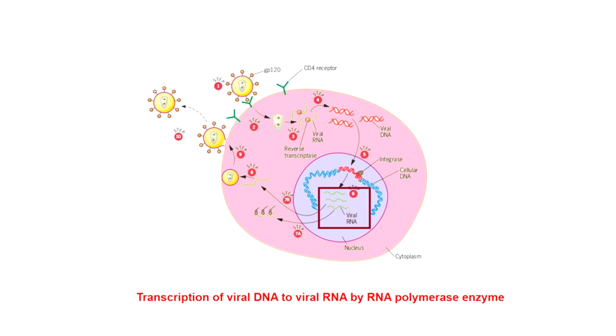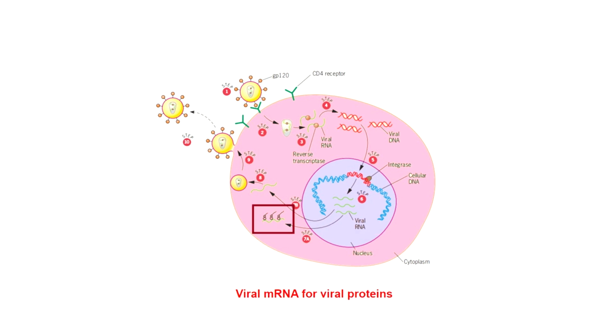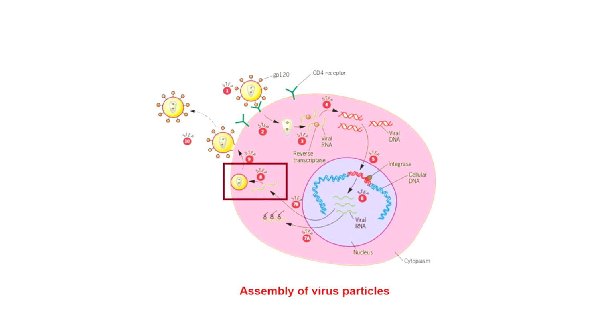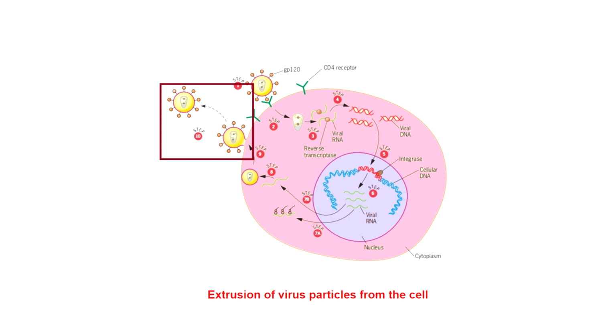And the cell's ordinary RNA polymerase, instead of reverse transcriptase, is used, and cellular machinery is used to produce a large amount of viral RNA. Now this viral RNA serves two functions. One is that it directs the synthesis of viral proteins, and also it provides genomic RNA for the assembly of new viral particles. So it serves two functions. Now once these particles are assembled, they can be extruded from the cell through the cell's membrane. And the extruded particles are then free and may infect other cells by interacting with the receptors on the cell surface in a similar fashion.